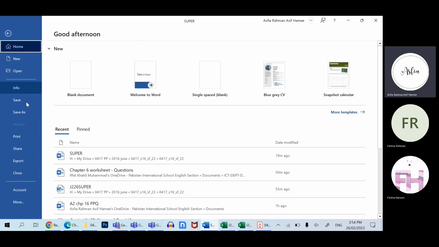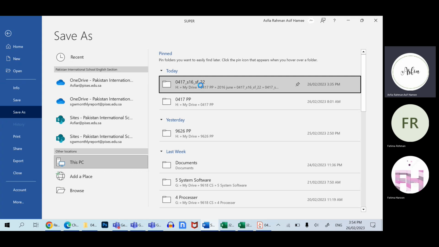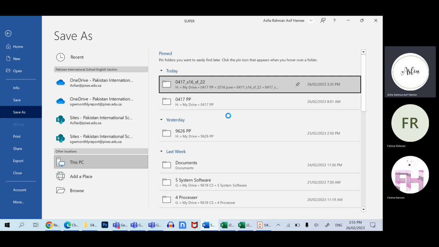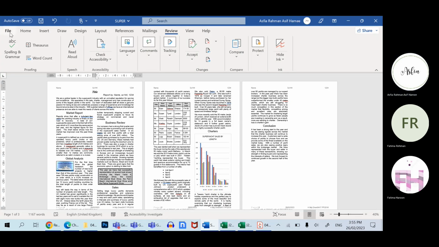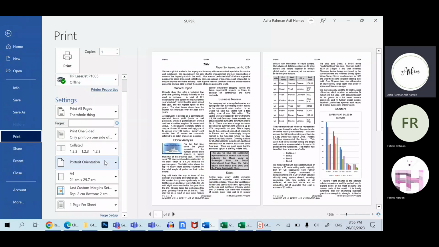Okay, and then I suggest that you keep a PDF version as well. Okay, like if you want to print later on, otherwise I suggest you always print as it comes on the paper. But if you need to save it as a backup, save it as a PDF. Okay, and for the print, just select the print. You will not change any sizes over here, because if you change it here, all the formatting will get spoiled. Okay,